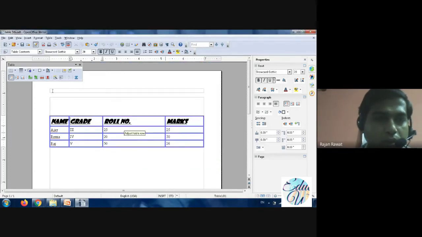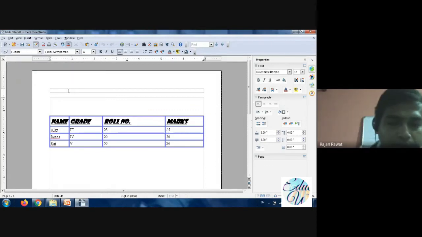Now you can see one line is created. There you can type, like I am typing, table of fourth class.